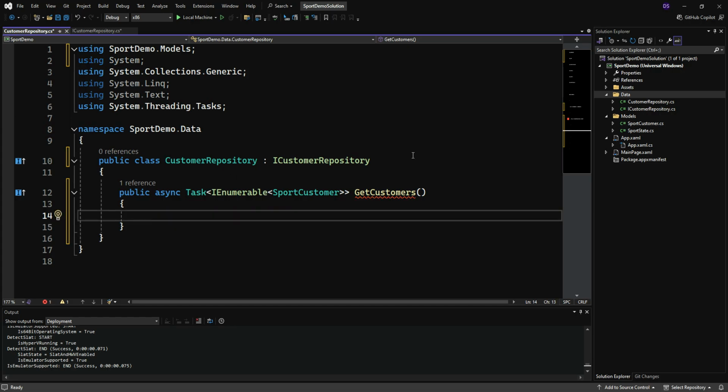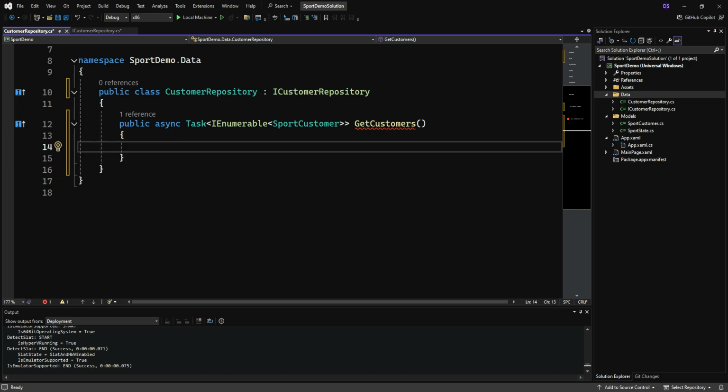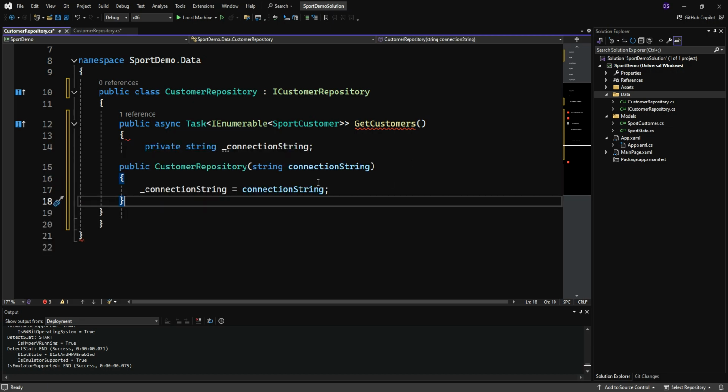All right, so how am I going to actually implement this? Well, first of all, I have to get the connection string in here somewhere. So this isn't a true dependency injection system, but I am going to provide it, okay? It's kind of like I'm going to inject it into the class whenever I instantiate a repository class. So I'm going to need a couple things. I'm going to need a private string to hold the connection string, and then I'll add a constructor for the class where I provide it as a parameter here. So it'll be a string, the connection string, okay, and then I'll store it in my local private variable here,